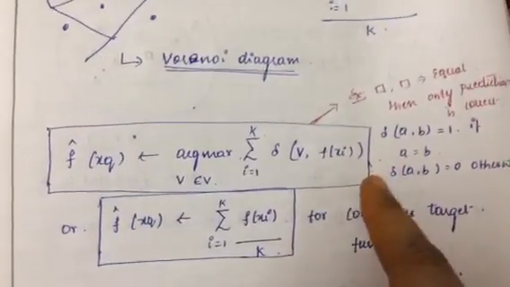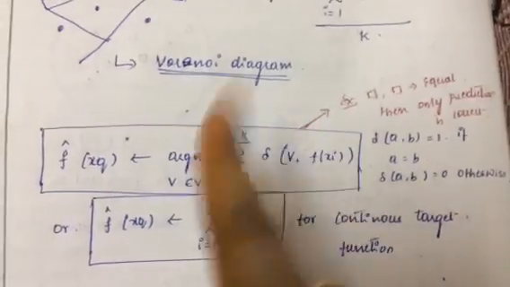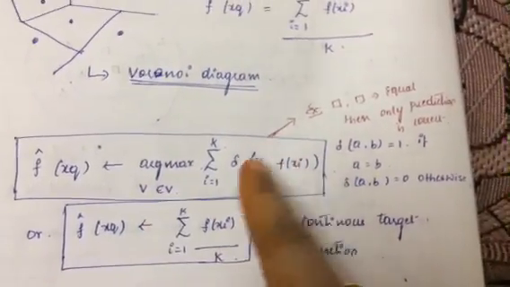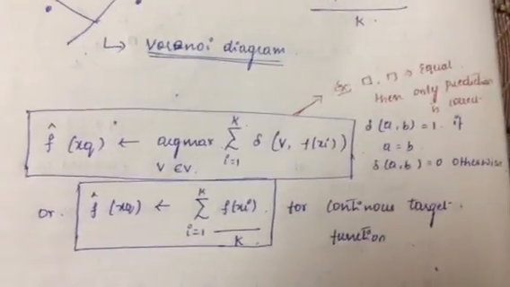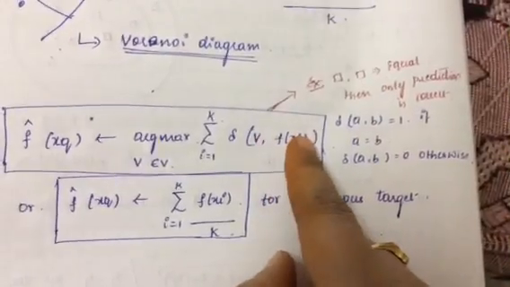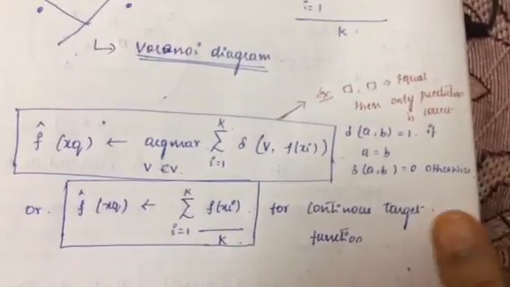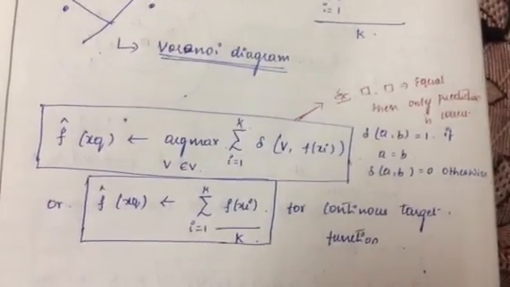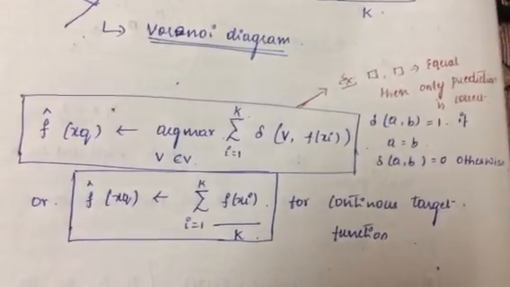So that is the meaning of this formula. If my delta of V comma xi is going to be 1, when is it going to be 1? When both the quantities are equal, meaning my prediction is correct at that time. This is an example: square and square are the two entities I have considered, meaning my hypothesis is equal to the actual value. That is the main agenda of machine learning, correct?